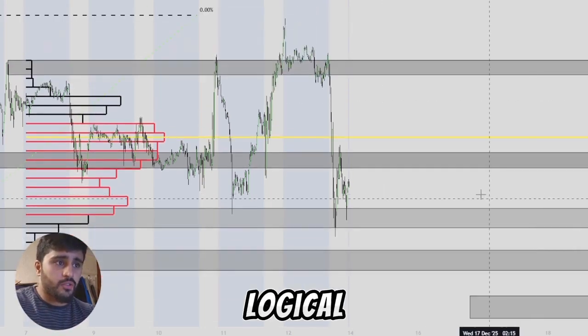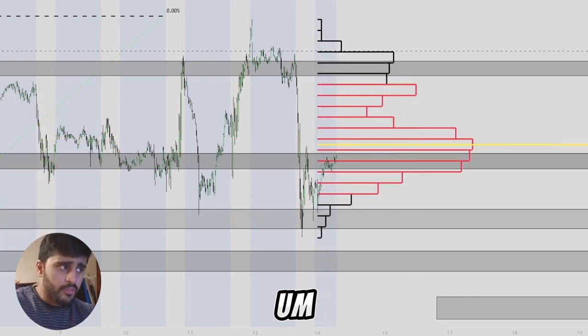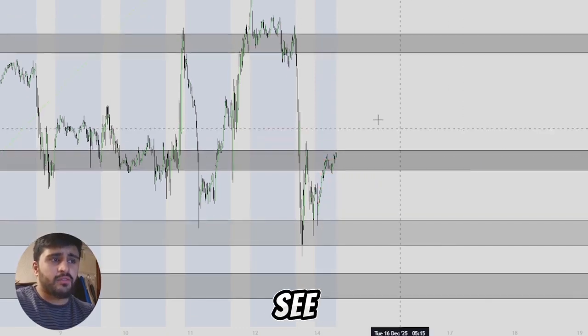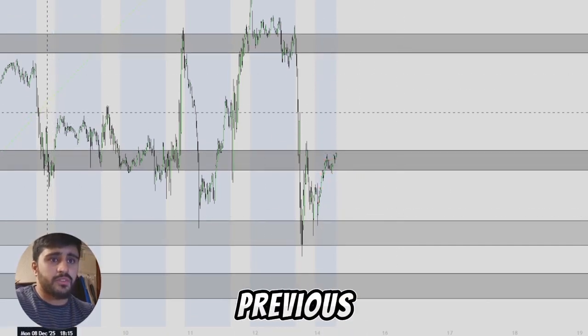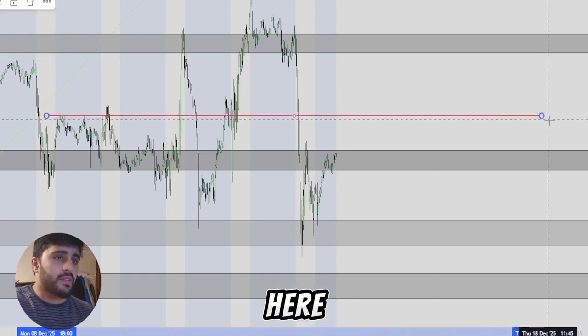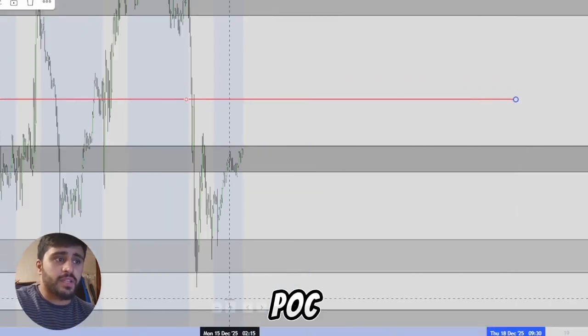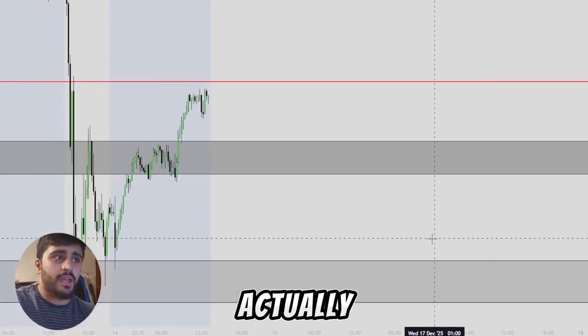So just taking that logical extension over to the next day. So what we can see here is now Monday the 15th. And we can see obviously the week has started again. If we take a look at where the previous week's POC was, that was 6,926, this red line over here. This was the previous week's POC. Now, if we take a look at how Monday's price action actually behaved before